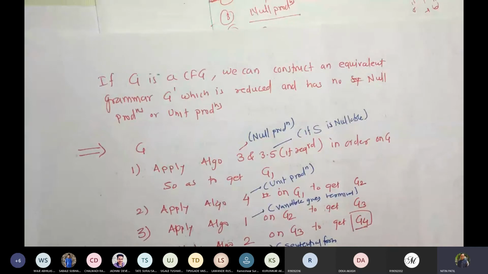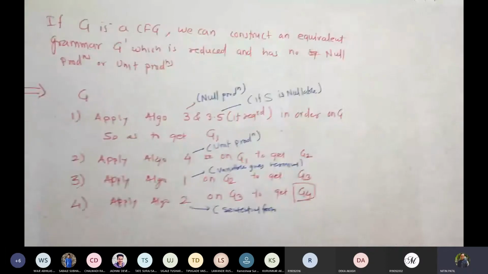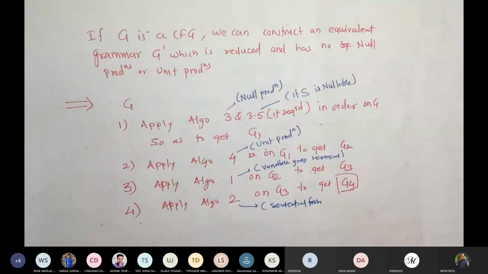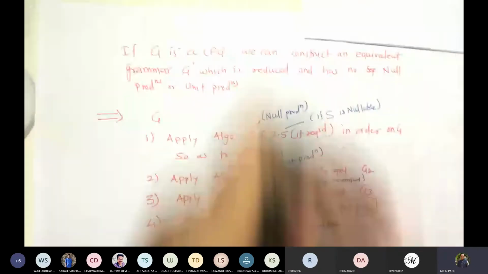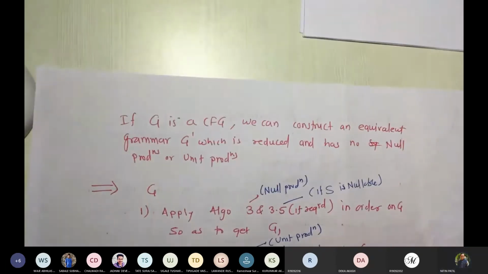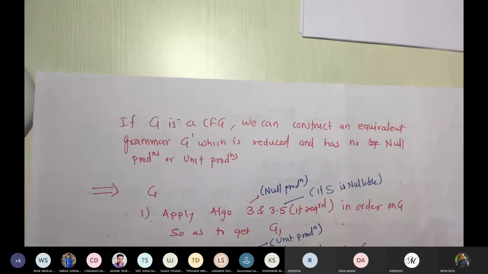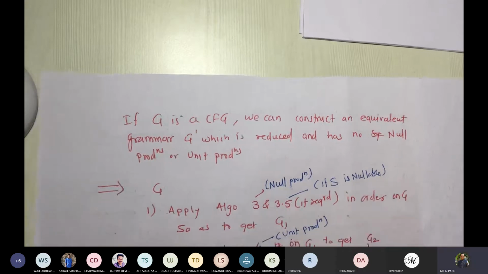So this is how you are going to apply the algorithms. Fine. So let us take one example where all possible cases might be there. So how will you solve this? I am going to apply these algorithms in this order only. So I will add this photo for your reference so that you can refer to it side by side. Okay, so example.